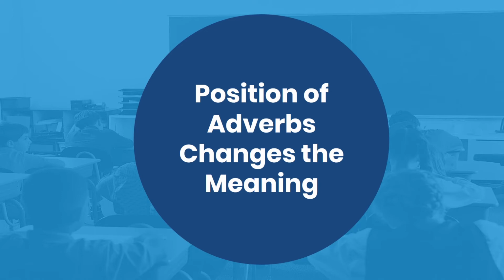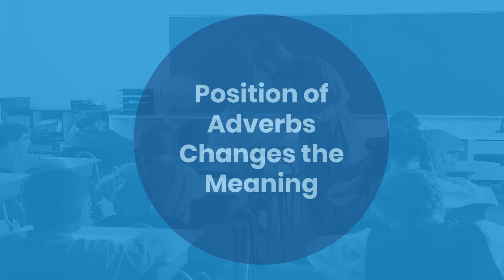So that's why we have to be careful where we put our adverbs, because it changes the meaning if you place it in front of the verb or after the verb or before the direct object or after the direct object. Now let's take a look at